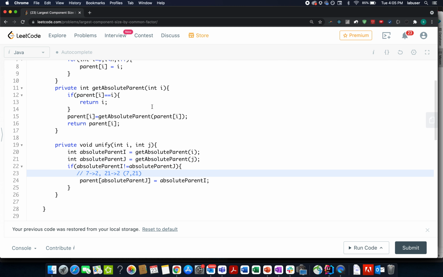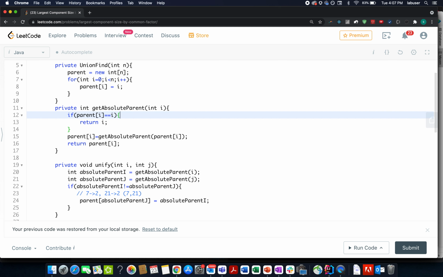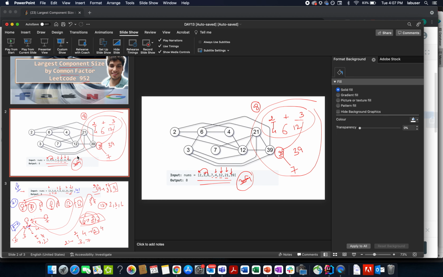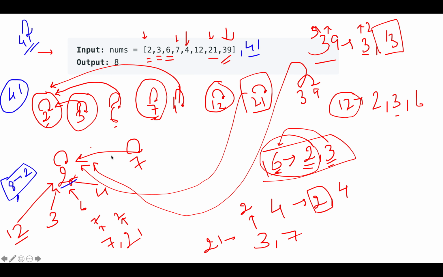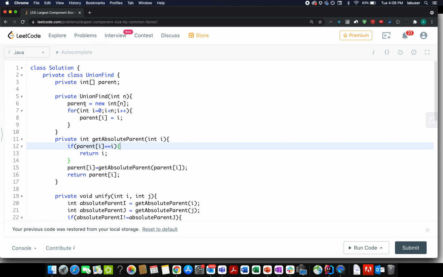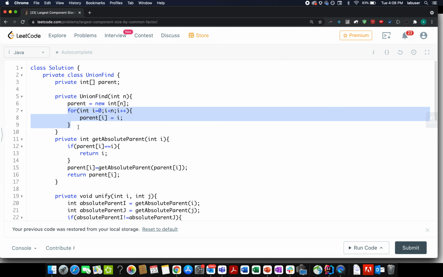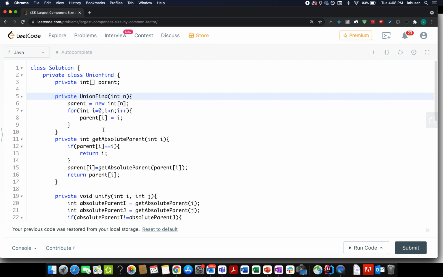Now comes the question, how do we actually identify the absolute parent? It's simple and straightforward. You remember from the presentation that I stored 2 as the absolute parent of 2 itself over here. However, in the actual code, we use the indexes to represent parents, not the actual values. And this is what I have done here while initializing my union find constructor.